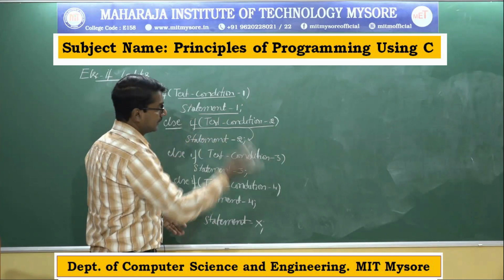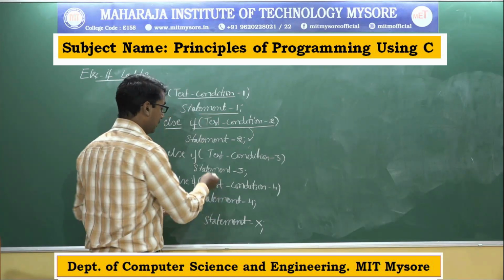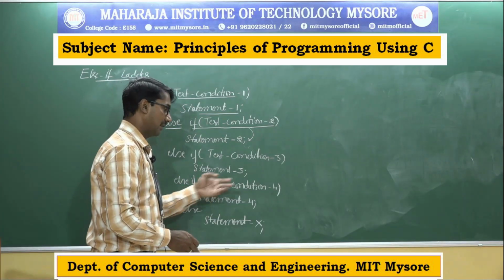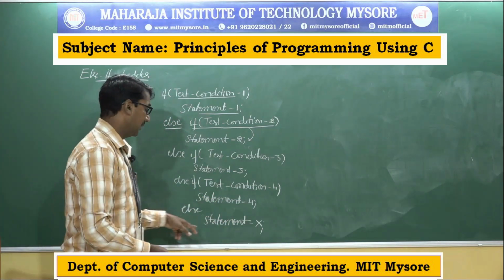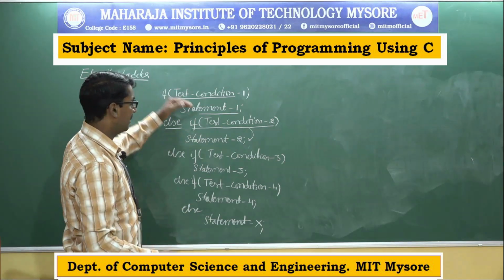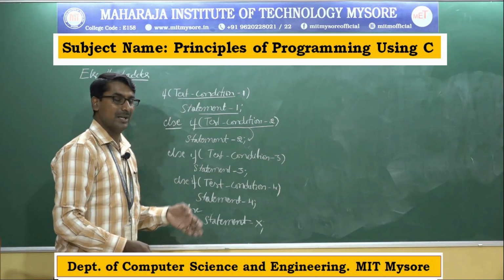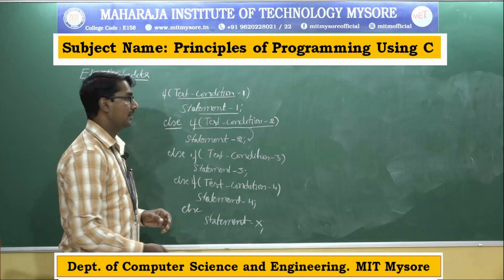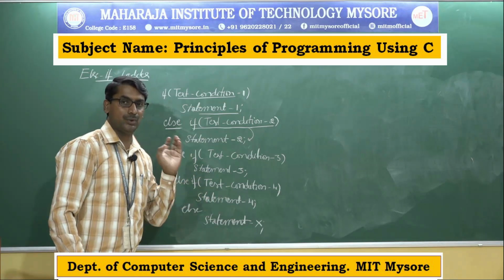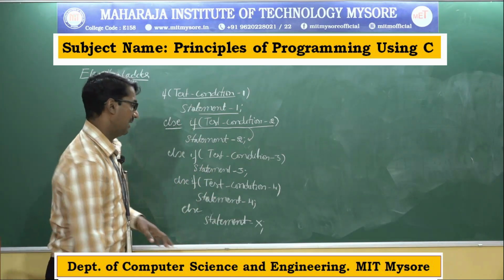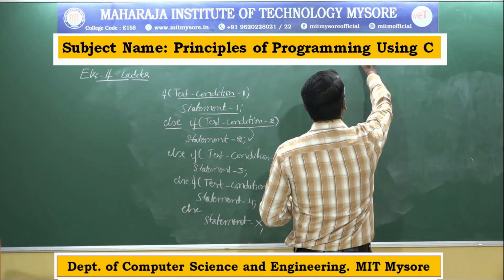If this condition is false, it will check one more condition, that is test condition 3. If test condition 3 is also false, it will check test condition 4. If test condition 4 is also false, it executes the next statement, that is statement X. So multiple conditions will be checked to execute one statement. Here we are checking a range of values. So else if ladder is used to check a range of values. The flow diagram of else if ladder is